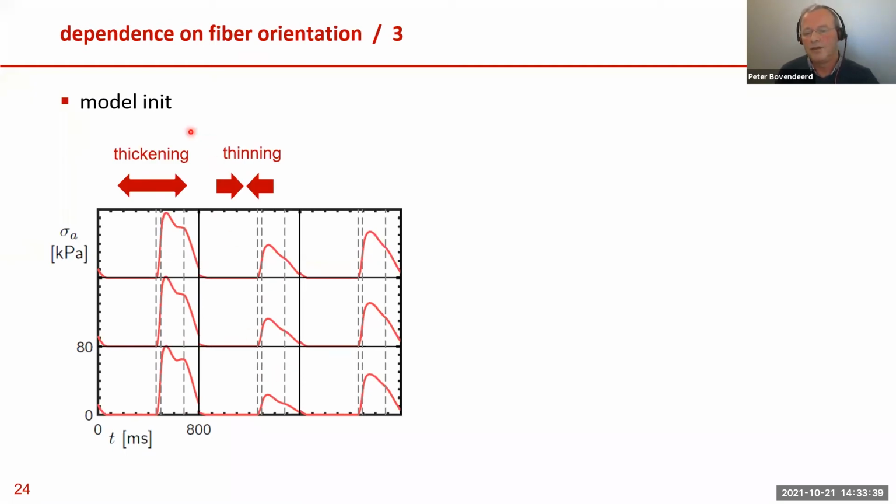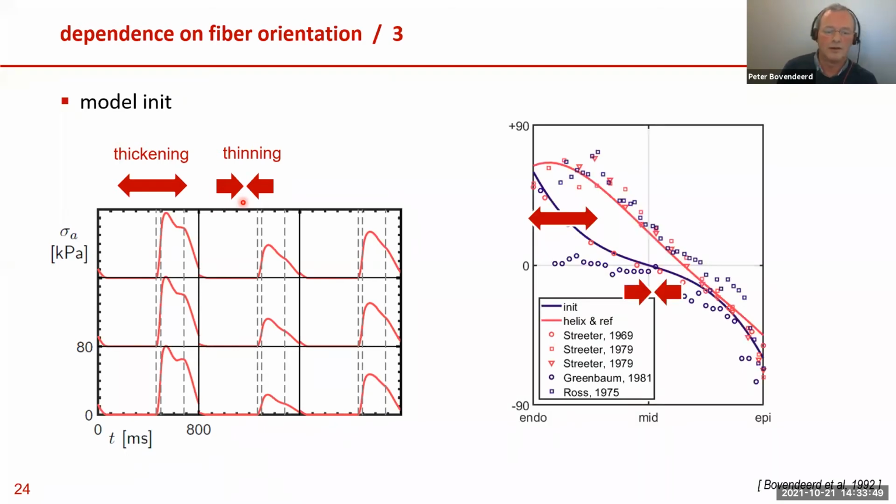So we reasoned that the inner layers might thicken and the midwall layers might thin. If you think about the effect of thickening and thinning on the distribution of this helix angle, you can expect that if these layers thicken, then this slope becomes more shallow. And here, if these layers thin, then the transmural slope becomes stronger. So through trial and error, we arrived at this